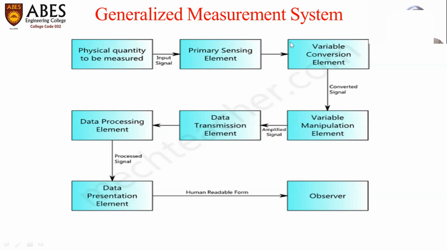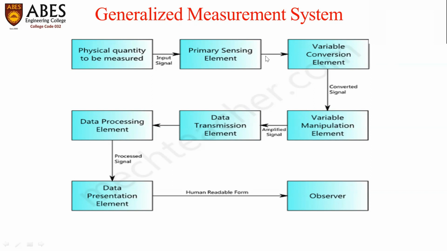This mechanical quantity is further passed to this transducer, which is converting it into the electrical quantity. That electrical quantity is further being passed to the variable conversion element or variable manipulation element. So this is combinedly known as the signal conditioning unit. What does it do? It converts whatever signal we are getting here in millivolt or milliampere at this stage